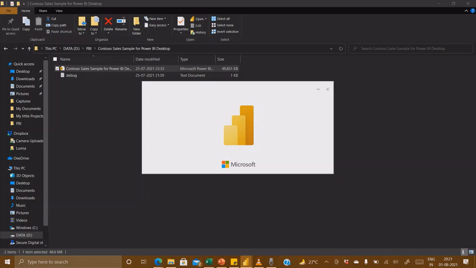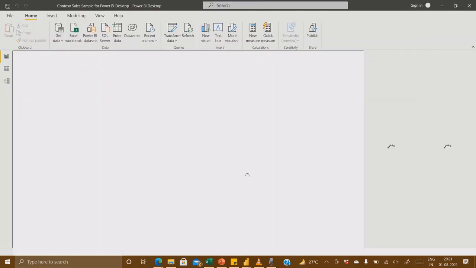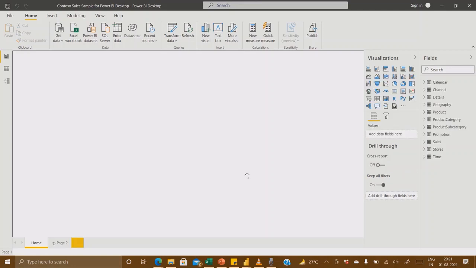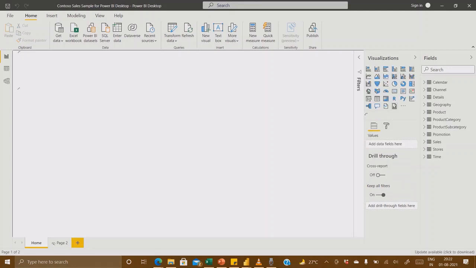Speaking of measures, this is a very important thing in the whole of Power BI. Measures are written in a coding language. We have to learn DAX. DAX is a coding language for measures and other things as well.